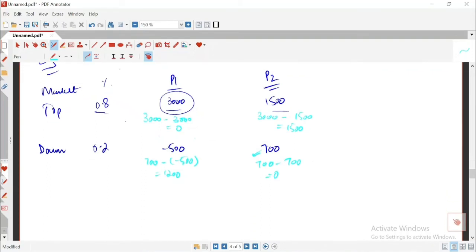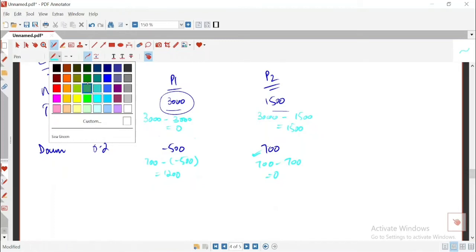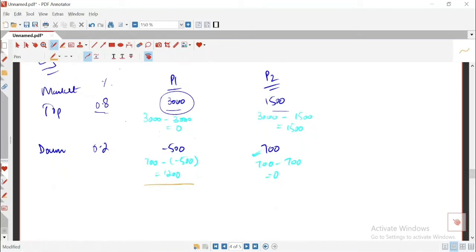So when we do the totals, the total regret for project A or project 1 will be 0 plus 1200, that is total regret of 1200. ठीक है. और इसका है 1500 प्लस 0, दैट इज 1500. ये हमने मैक्सिमम रिग्रेट कैलकुलेट कर लिया. सो द मैक्सिमम रिग्रेट इज 1500 एंड 1200 फॉर बोथ. अब हम इन दोनों में से जो मिनिमम रिग्रेट होगा वो चूज करेंगे, दैट इज गोइंग टू बी 1200. ये हमारा मिनिमम रिग्रेट है. सो रिग्रेट इज मिनिमाइज्ड at 1200, therefore project 1 will be selected.